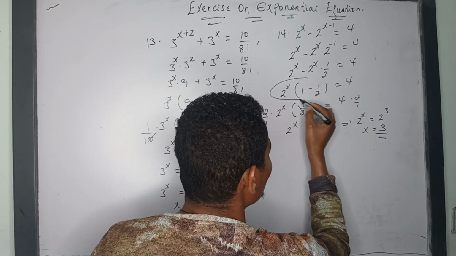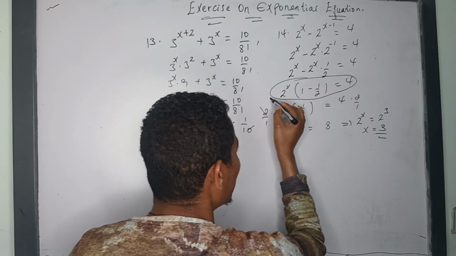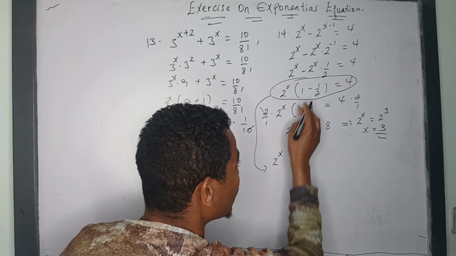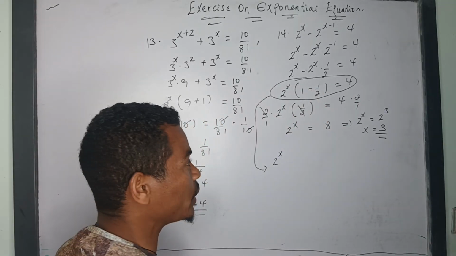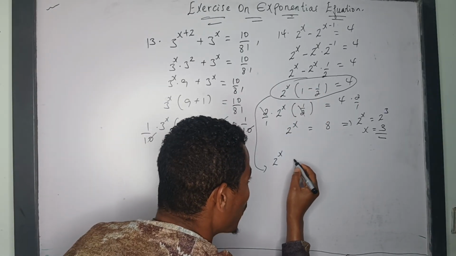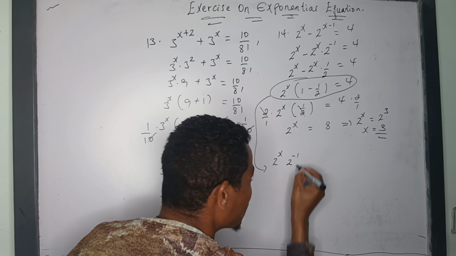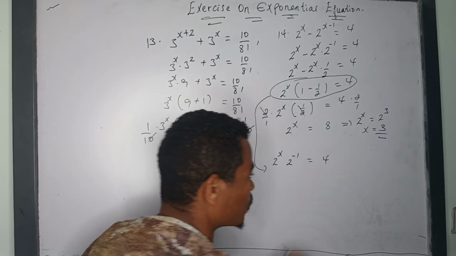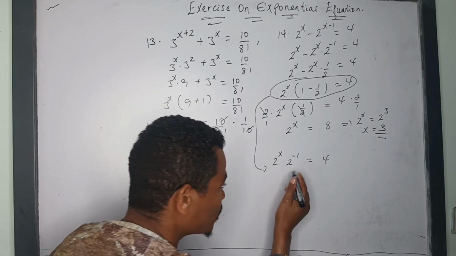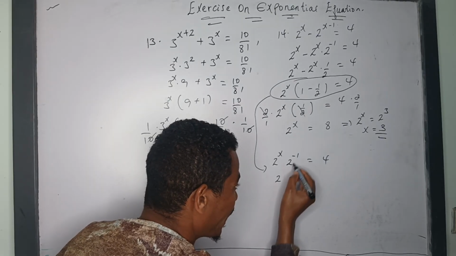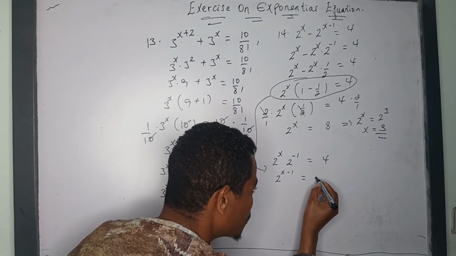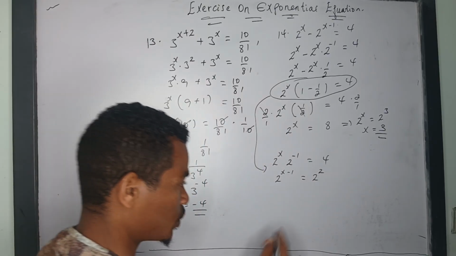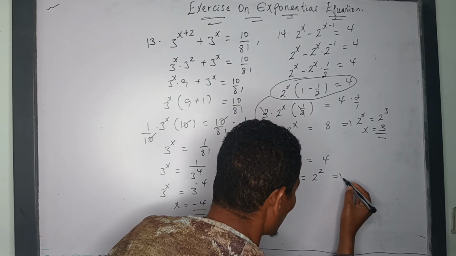ወይም ደግሞ እዚህ ጋር, from this one ምን ማድረግ እንችላለን? From this one, 2 to the power of x into 1 minus 1 over 2 is 1 over 2 መጣልን አይደለ? 1 over 2 is the same with 2 to the power of minus 1 ይሆናል, which is equal to 4. So they do have the same base, right? So is the same with 2 to the power of x minus 1 is equal to 2 to the power of 2 ይሆናል። አራት ማለት 2 to the power of 2 ነው።